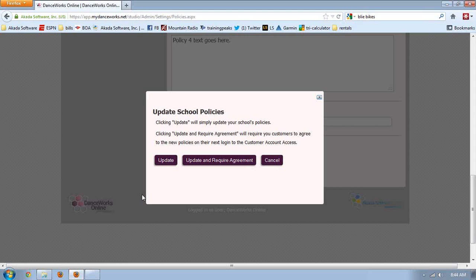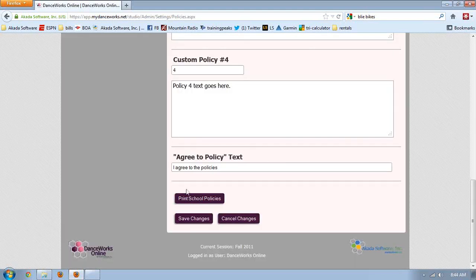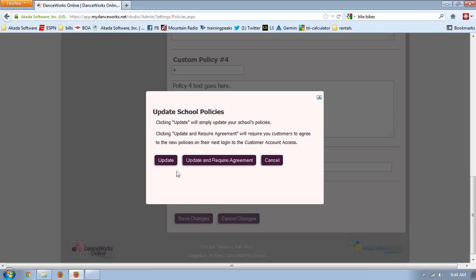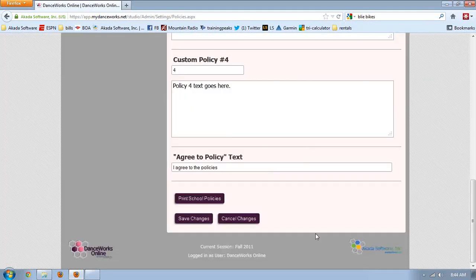But if you make a major change, maybe you add a policy or you change a policy and you want everybody to sign off on it again, all you got to do is hit update and require, and the next time they log in, they'll be required to agree to it again, and then they can move on. They'll only ever have to re-agree to it when you click that button. So it makes it very easy for you to make any kind of policy changes and make sure everybody signs off on it again. All right, and then when you're finished, again, just hit save. Like I said, I'm just going to hit update,